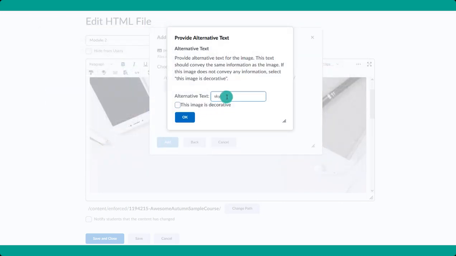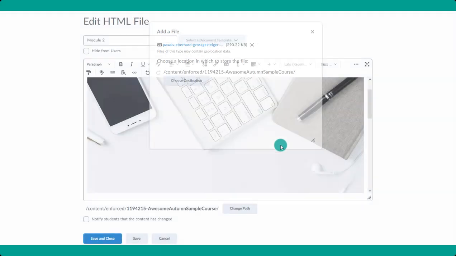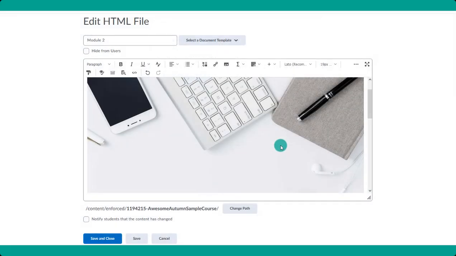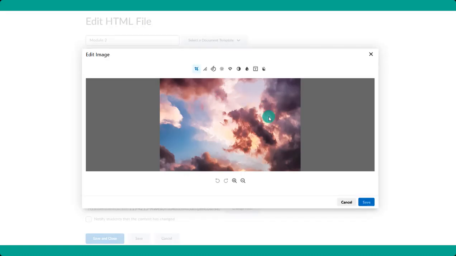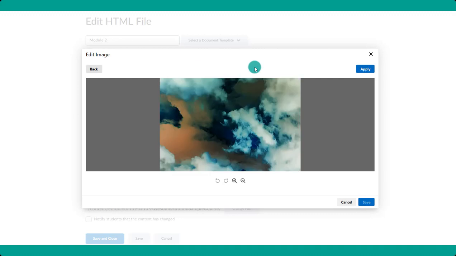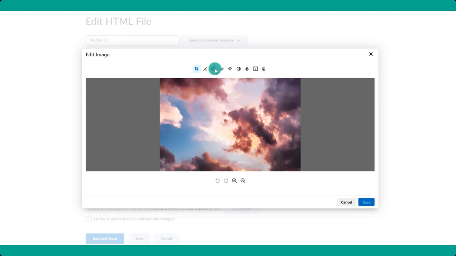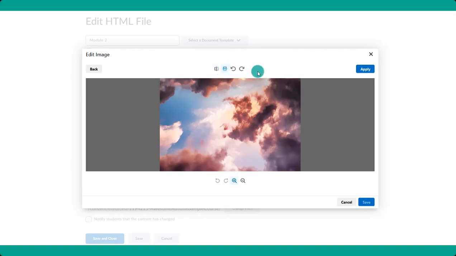You can choose just to describe it here for the alternative text, and then it will replace it. And from there you can do further edits on the image just right within it by clicking on it. You can choose to crop the image from here, do some basic transitions or edits on the image, such as changing the color, changing the orientation of the image, so we could flip it or whatnot and choose